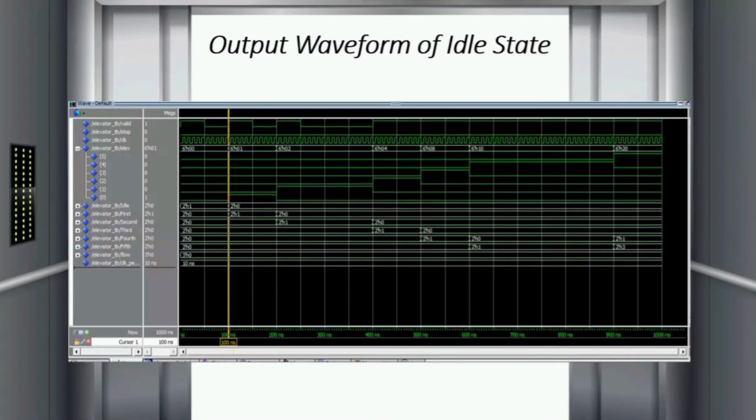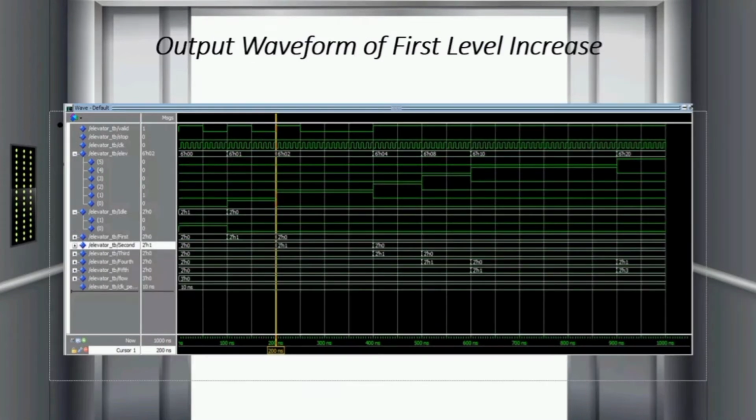In slide 9, it shows the output waveform at 0 nanoseconds. It describes the behavior of the elevator when there are no inputs, or the elevator is in idle state. In slide 10, it shows the output waveform of the first floor increase. As the figure shows, the idle state became 0 or low, and the elevator 1 or floor 1 signal is on